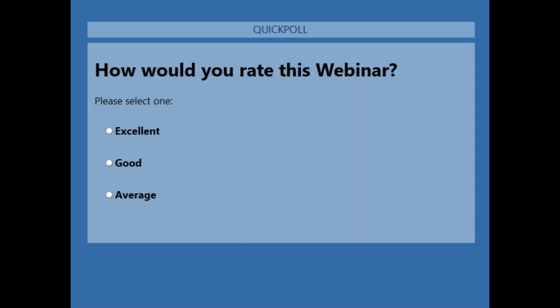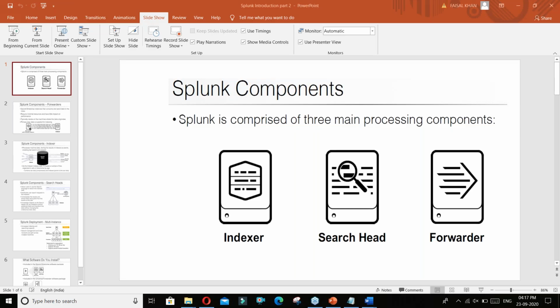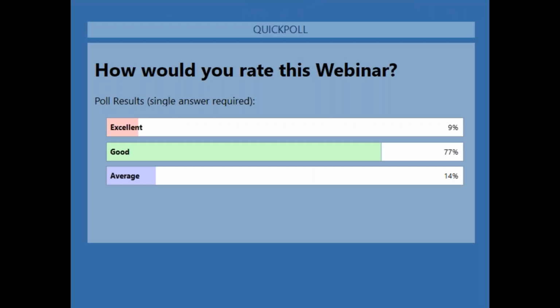So the next question is how to crack the Splunk admin and user certification, and study material, some good books. So guys, there are no good books. There is too much data available online, and you can also train with us. Splunk people also offer Splunk-related trainings.